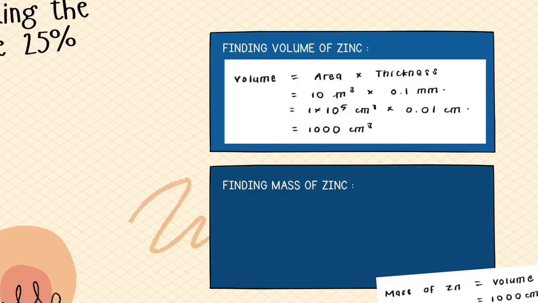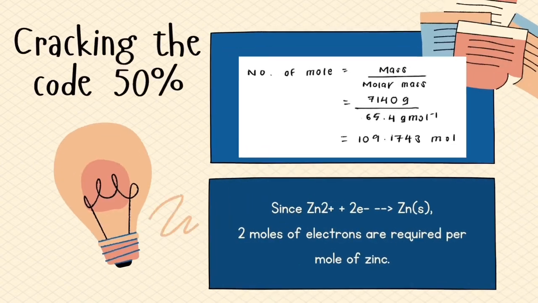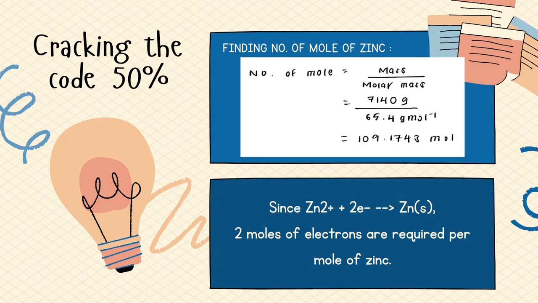So the question has given us the area and the thickness of zinc. Therefore, we can find the volume of the zinc, which is 1000 cm3. With the volume, we can find the mass of zinc using the formula volume times density, and we will obtain the mass of zinc, which is 7140 grams. With that, we can find the number of moles of zinc using the formula mass over molar mass, and we will get the number of moles of zinc equals